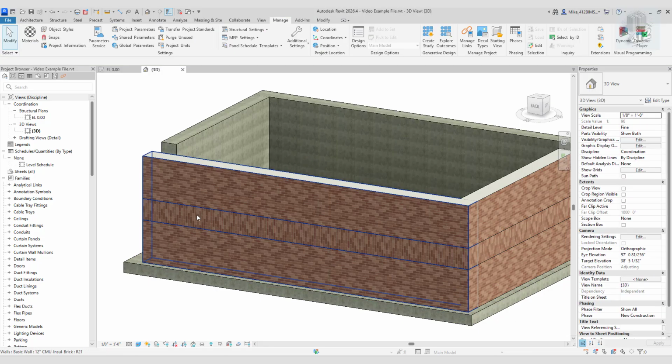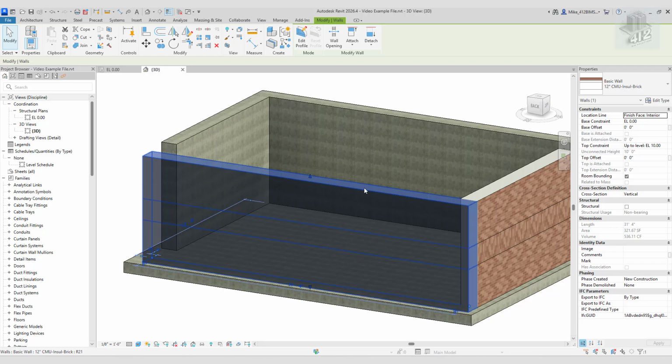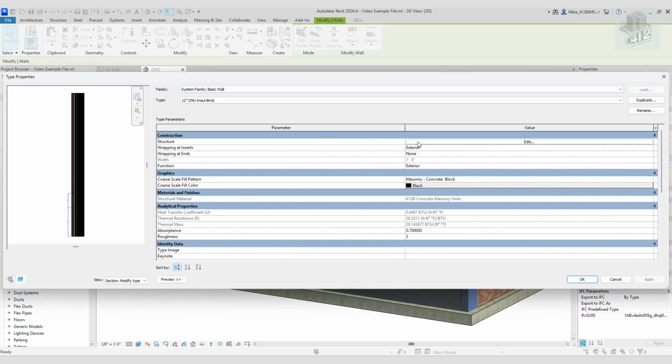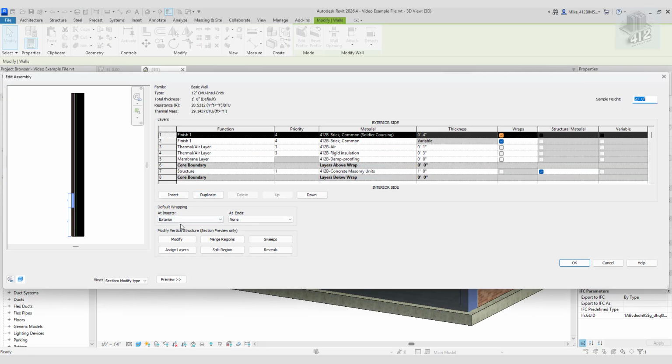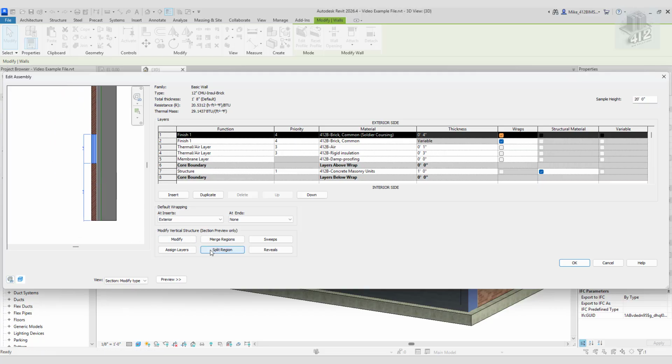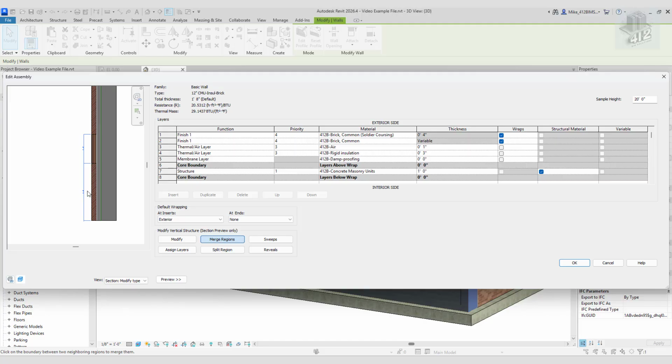you can see what happened is it added the soldier coursing 4 feet from the bottom for a height of 2 feet, and then the remainder. So now if you want to undo this, right, I mean obviously you can undo, but to show you how to use merge regions, we can go this route. You hit Edit Type, you go back into where you went before. If you go over into here, and now if you say Merge Regions, you can hit this line here,